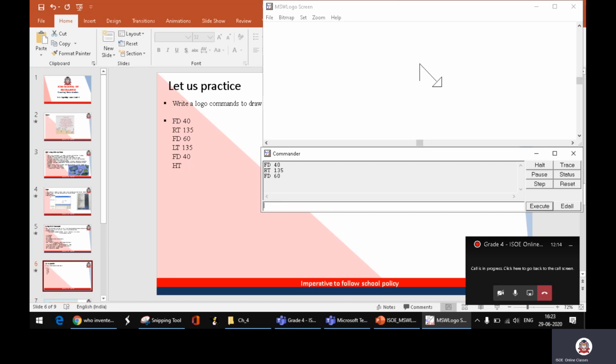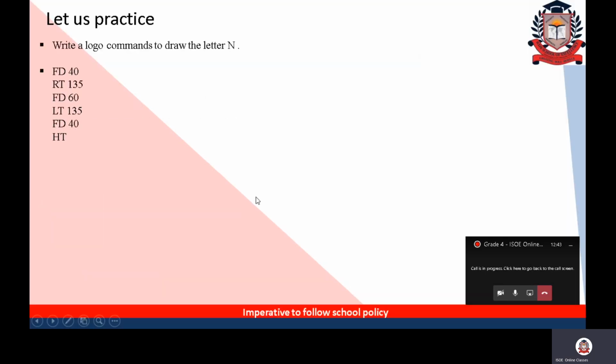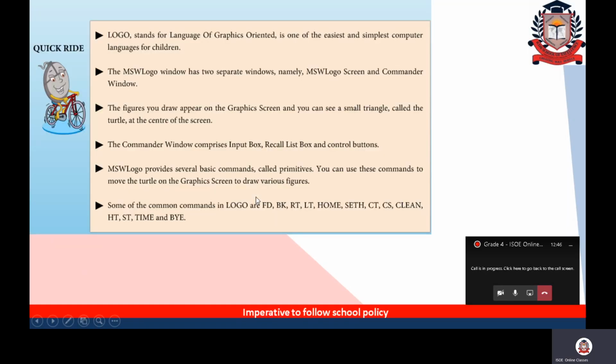So it has to first turn the turtle. So you need to turn the turtle again, see, LT 135. So it goes again, and now you have to do forward again, correct? So it is FD 40. So it goes to the similar position where it is N. And if I don't want to show the turtle, then HT. Say hide. So there is an N here. Correct? This is how you need to use the commands. Okay. So I hope you all understood how to use the commands for doing that.